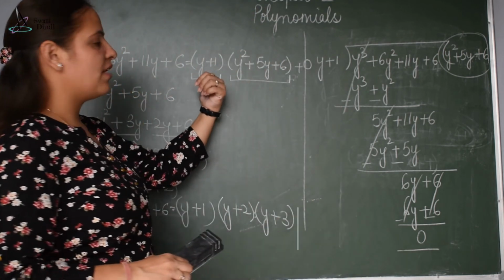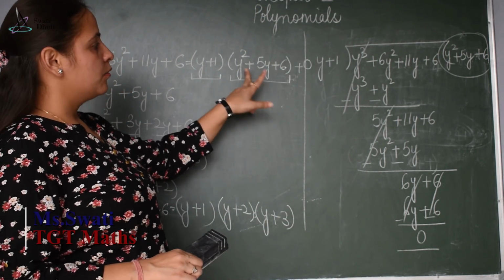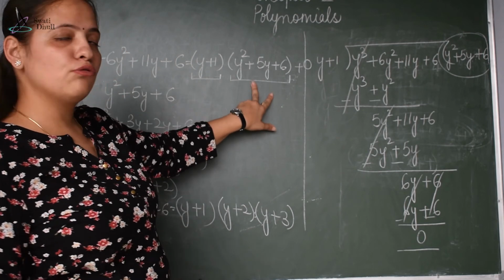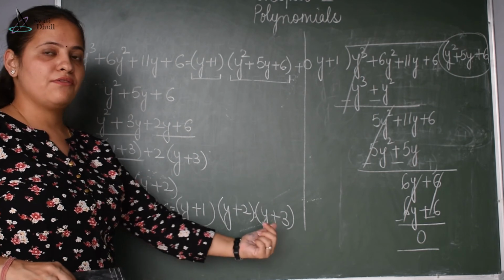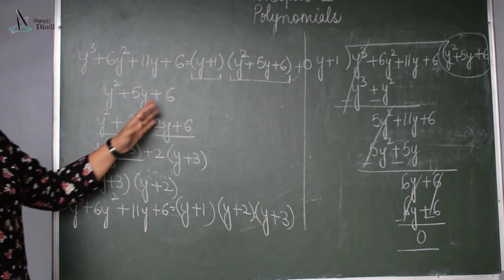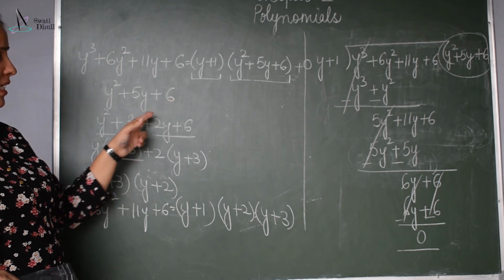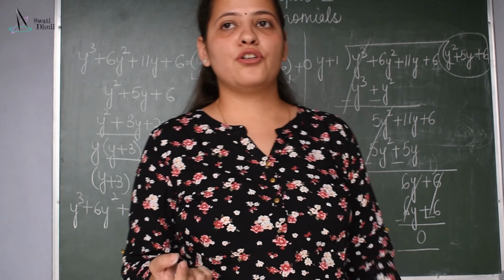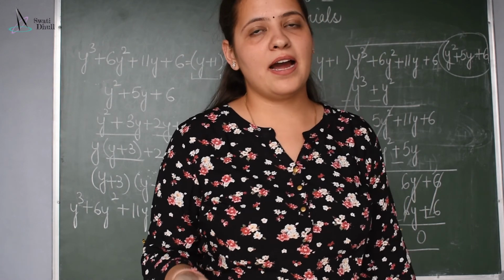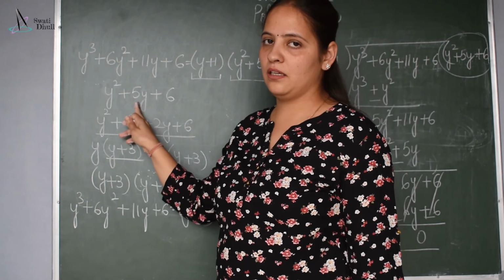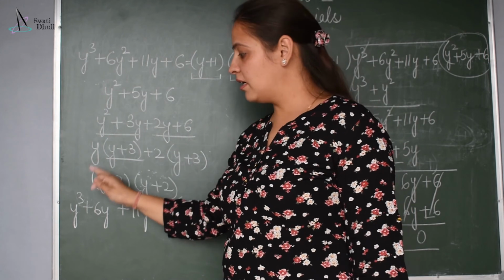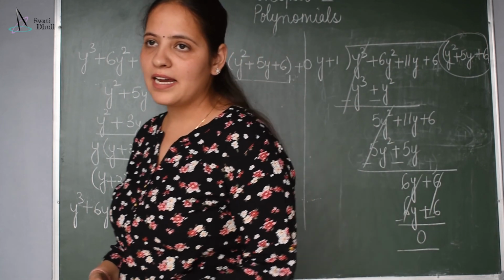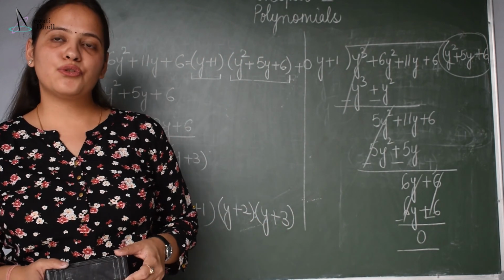So you will get one factor by the hit and trial method, and 2 factors by factorization of the quadratic polynomial, so 1, 2 and 3 factors by splitting the middle term. You must know that you have to multiply C with A. Then make the factors such that, whatever factors you get, when you add or subtract them, you get the value of B. Then make pairs, take common, and you will get the 2 more factors. This is how we can factorize polynomials of degree 2 and 3.